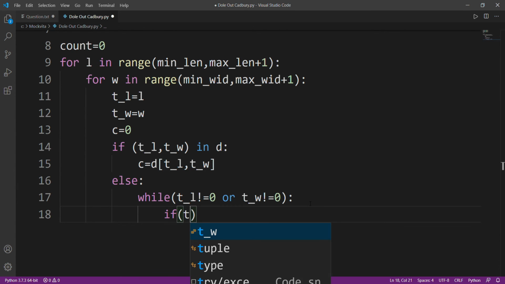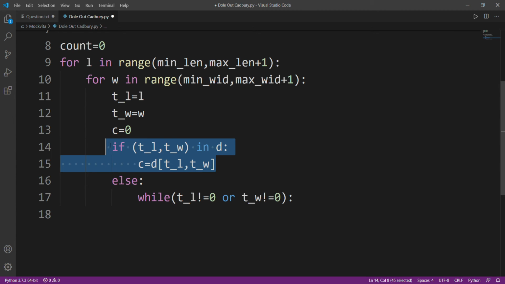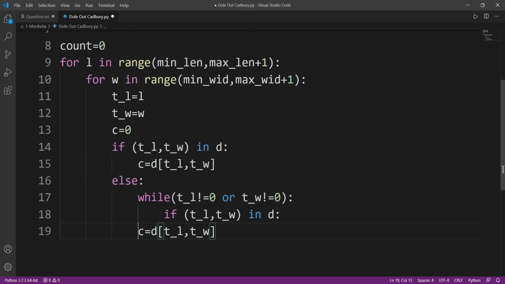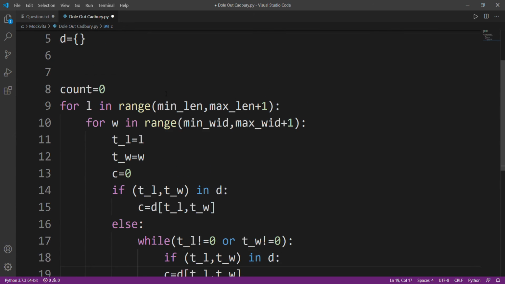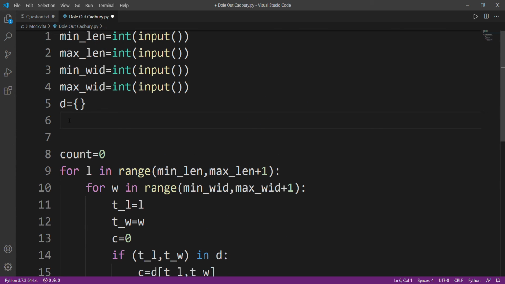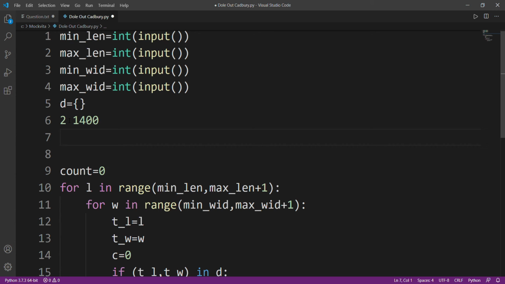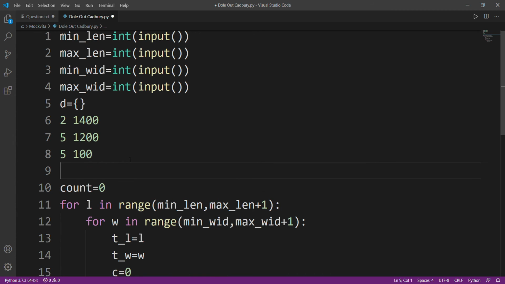So I'll again check here, why am I checking it here again? Because we'll repeat this loop again and again. Suppose the values are a lot larger. We have min length 2 and we have to calculate till 1400, and we have min width 5 and we have to calculate till 1200, right? So at a certain stage we might have already solved what 5 and 100 will give me. Now, when we go forward, we'll need to calculate that same answer for, suppose, 1250